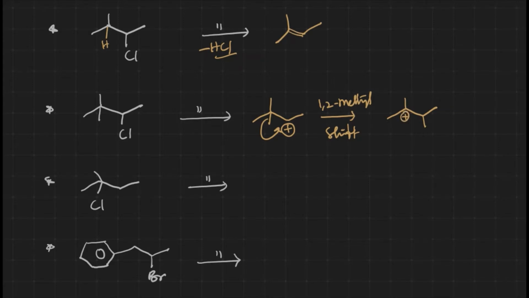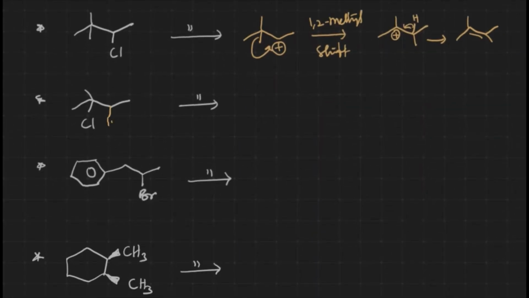Carbocation would be generated over there. We have hydrogen over there, right? This hydrogen will be eliminated and formation of an internal alkene, or stable alkene, takes place. This is how the reaction takes place over here. Here also this hydrogen gets out along with the chlorine and formation of alkene takes place.